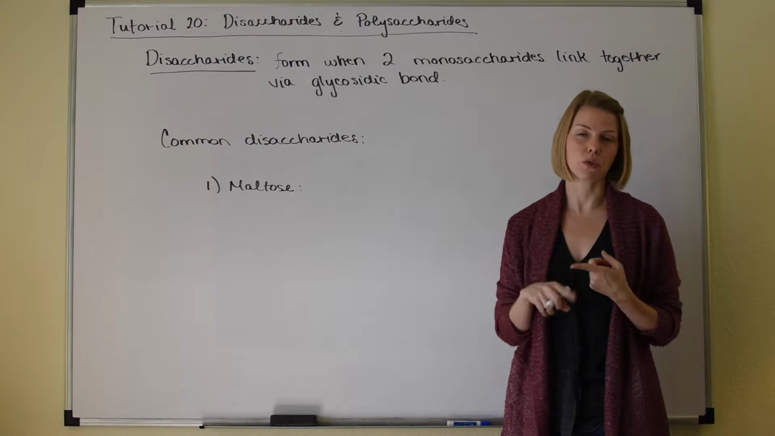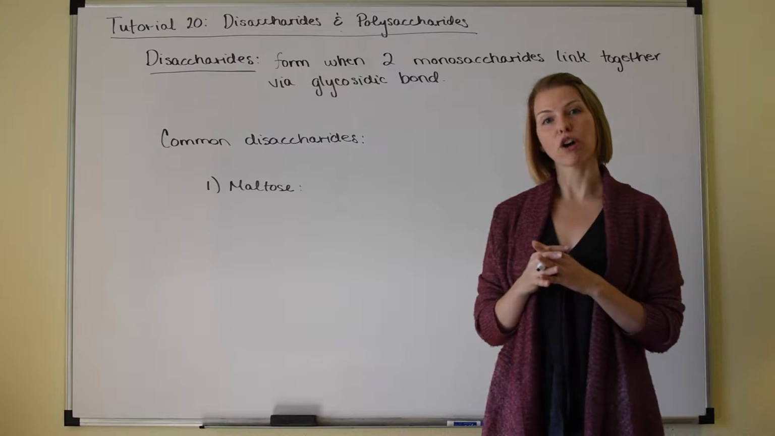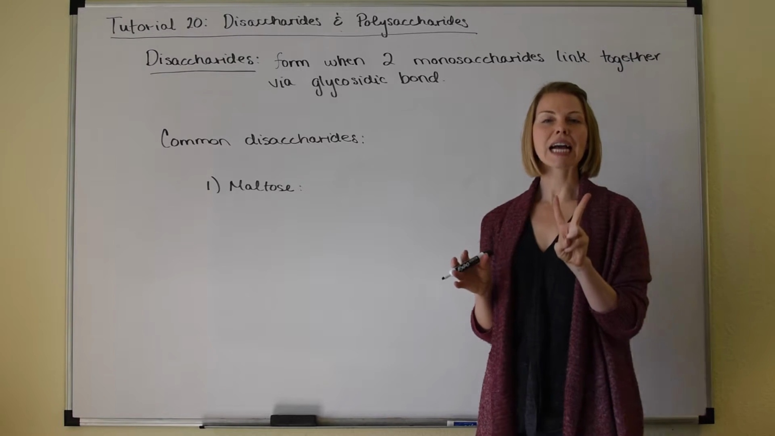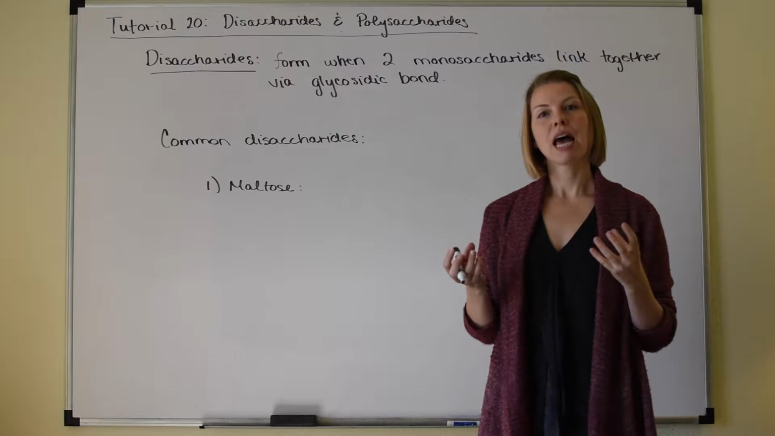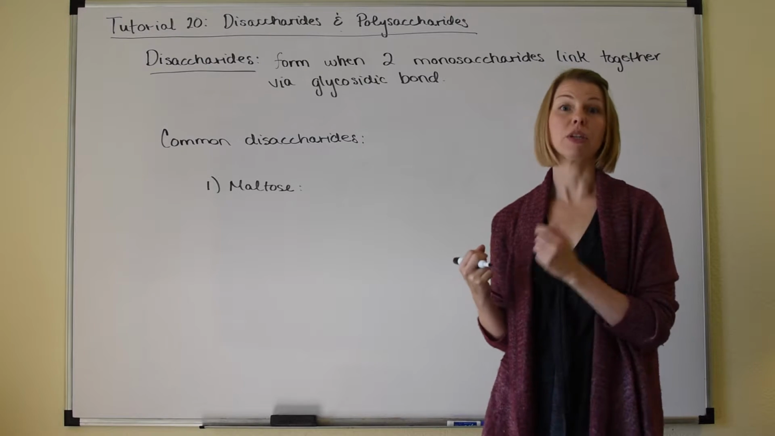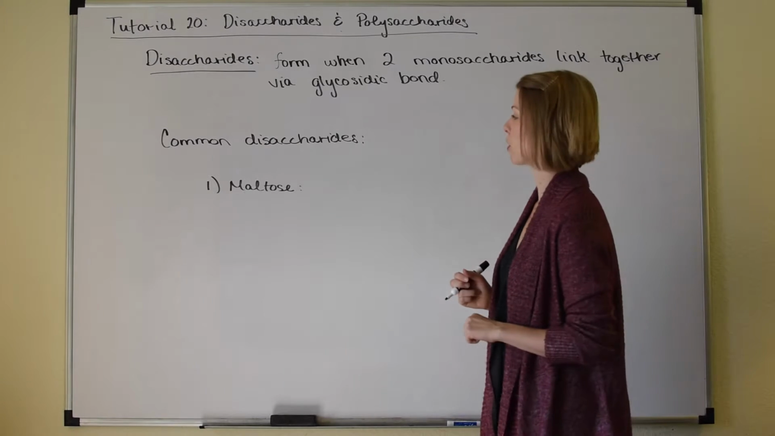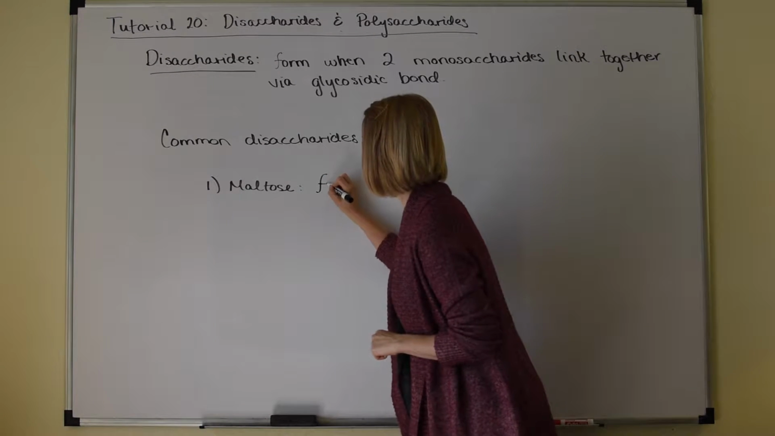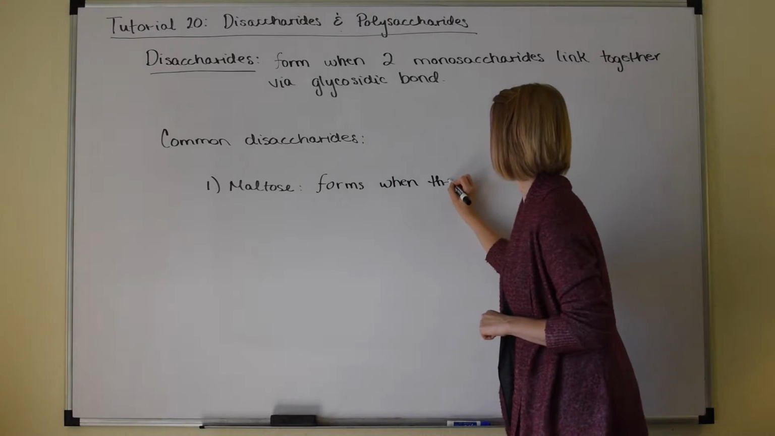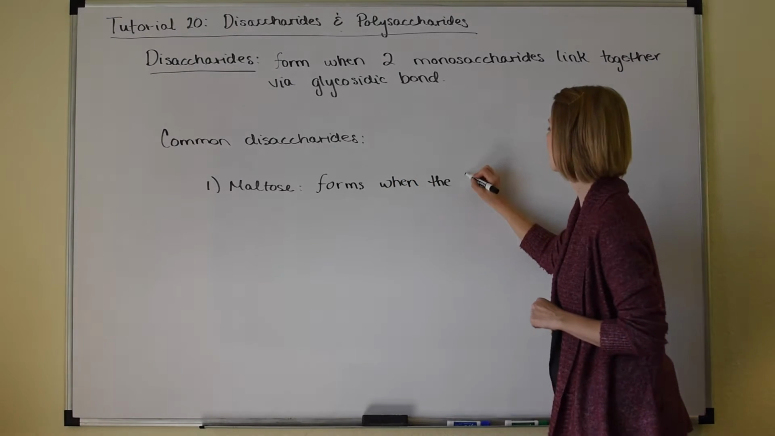More common, you're going to see sucrose and glucose and things like that. All right, so maltose forms when two D-glucose units react and form an alpha 1,4 glycosidic bond. We just saw that a moment ago, but let's go ahead and write that down here and then show it just one more time. So maltose forms when the hemiacetal